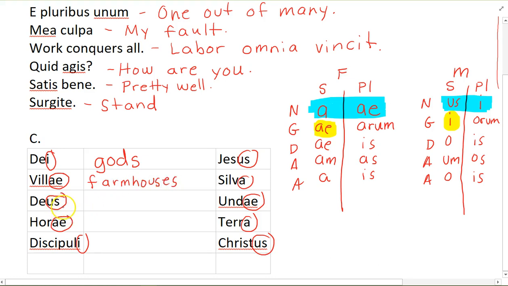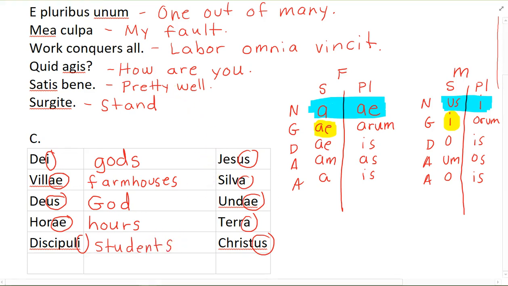And Deus is one God. Now in that case, us is one, we can put the capital letter God. See, over here, us is one, E is more than one. Nostri, that's the more than one over here. So that is ours. Noster is our and nostri is ours. Discipuli, it's the I, it's more than one student, students.